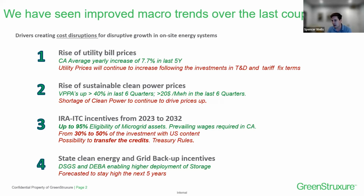So think about the middle of summer in LA, everyone's running their HVAC, it's 110 degrees out. The grid's really under strain. And so the utility operators are paying customers to install their own storage systems that can start dispatching power to the grid at these critical times to make sure that they don't have to move to some other